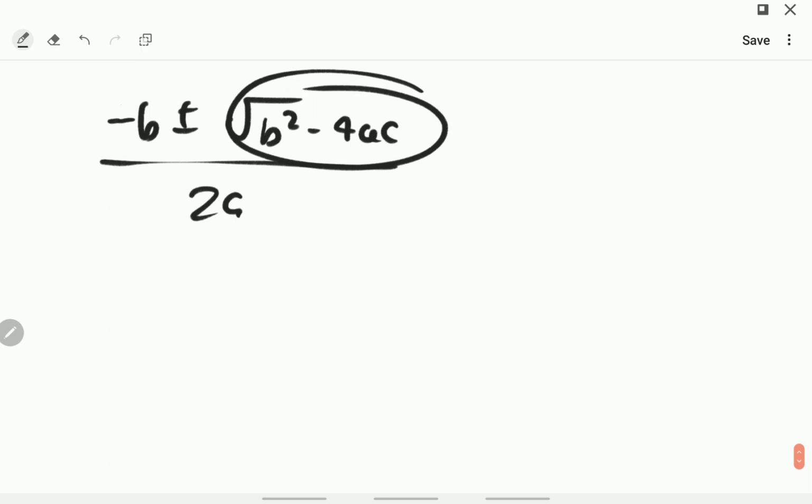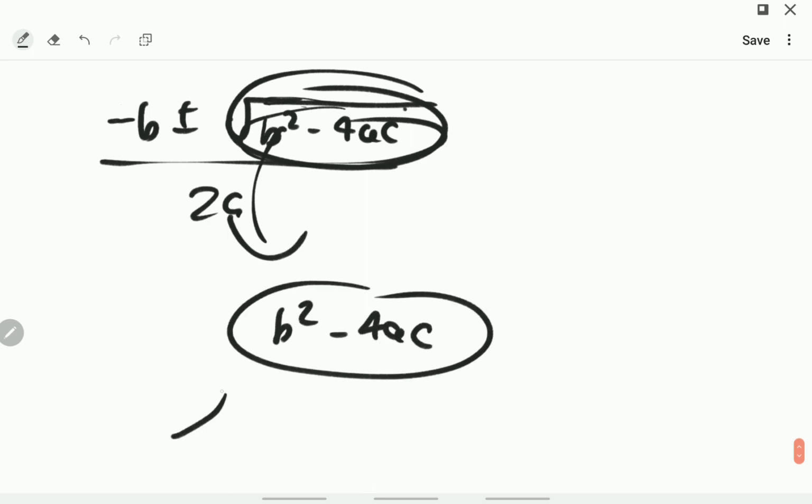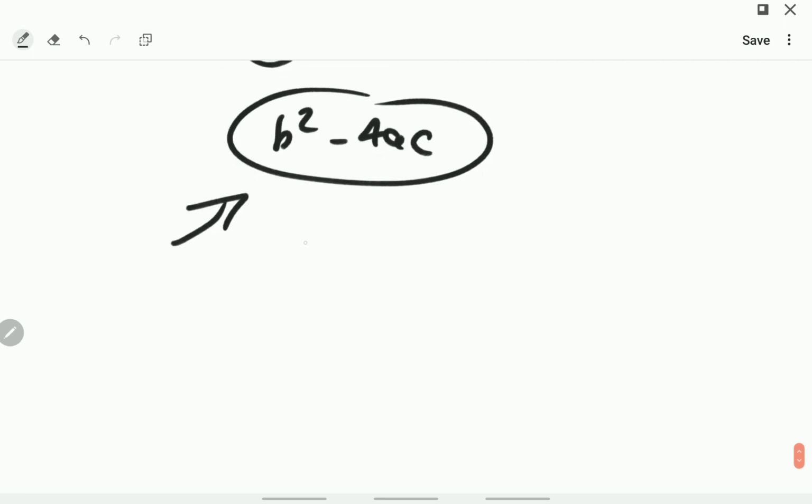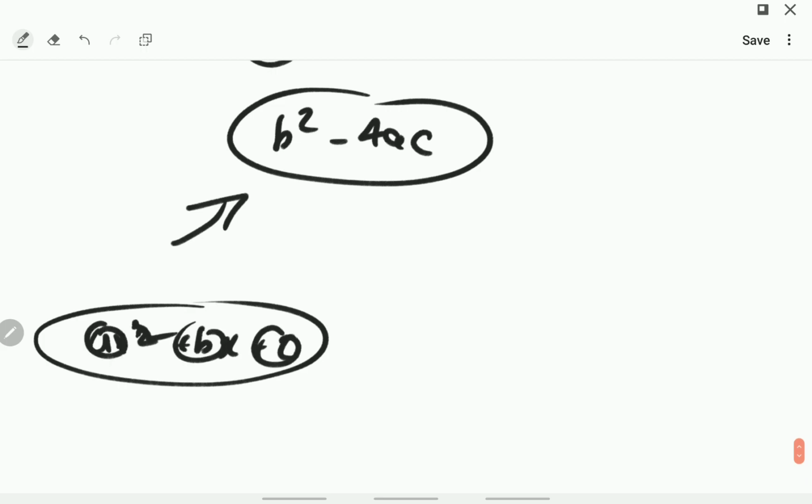This b squared minus 4ac under the root, they just took that out. And you can use this at the start of any equation in the general form, ax squared plus bx plus c, where we know a, b, and c. You can substitute those in to find out whether you have any roots,